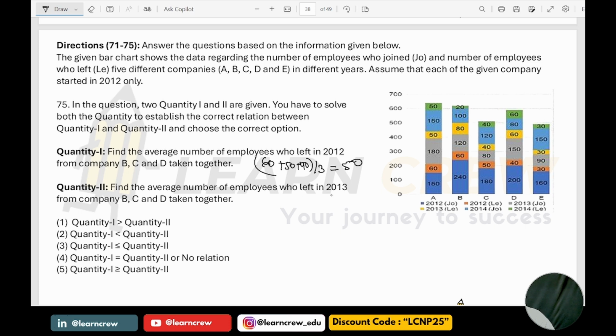Average number of employees who left in 2013 from B, C and D: 80, 40 and 60, divided by 3, which is 60. So 50, 60. Quantity 1 is less than quantity 2. So the answer is option 2. Now next,